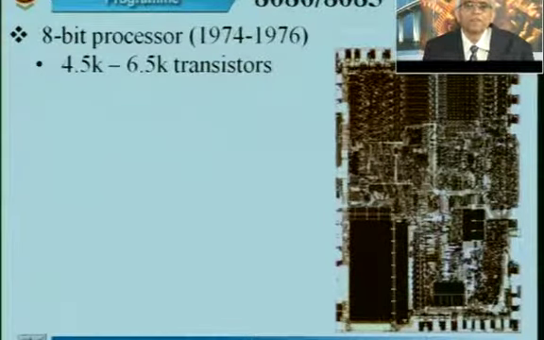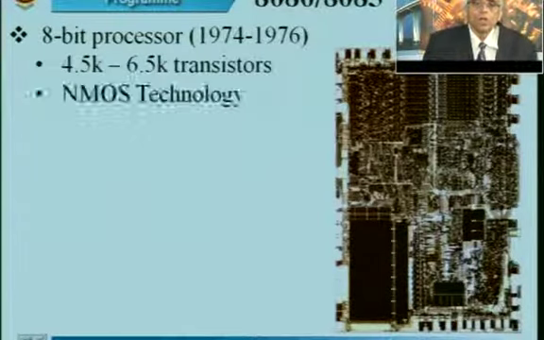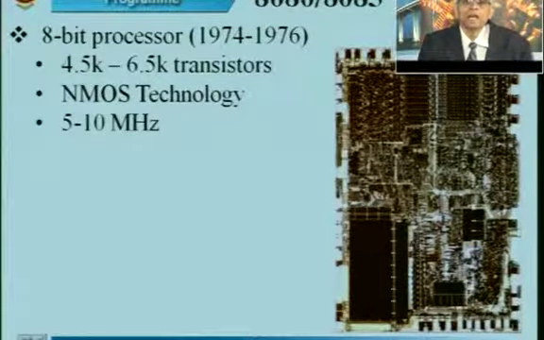There is a small difference between these two, and the 8085 is a much better processor because it had incorporated the timing and control within the processor, whereas the 8080, an 8-bit processor, had an external timing control system. The 8080 microprocessor had 4500 transistors as against the 8085, which had 6500 transistors. It is made up of NMOS technology and had a range from 5 to 10 megahertz,